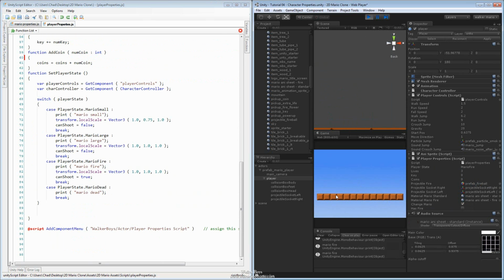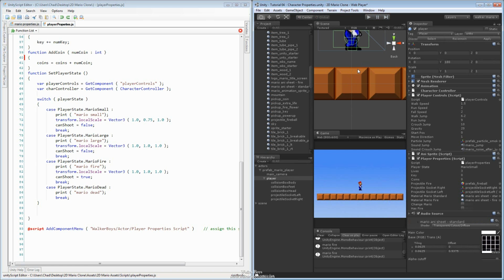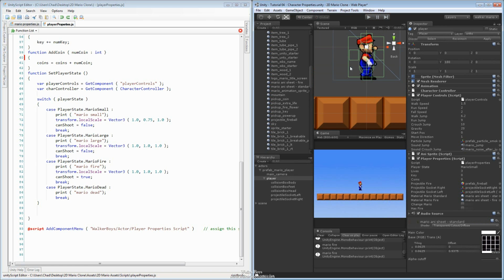Now, if you notice, do you see how the player dropped out and he flew down below right there? The reason for that is that when the player was at a small state, the character controller, when it tries to grow, the player is already lower, so when it grows, it actually grows below the collision box. So we'll fix that in just a little bit, but